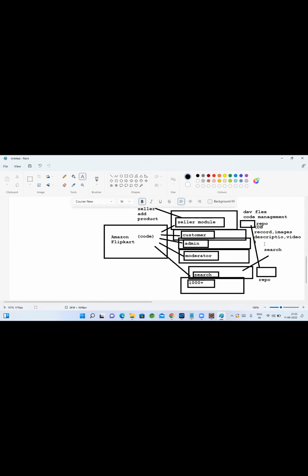Into that application repository, whatever data the seller added, a moderator might inspect that data and allow the records to pass to the search module. Maybe on a daily basis, some jobs will execute here. Those jobs will move this data from here to here, so that whenever you search, you can read approved products only from your repository.